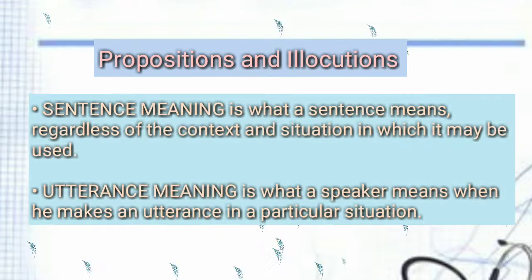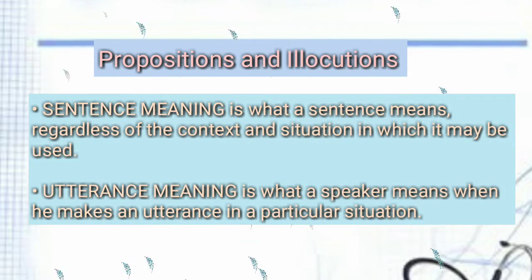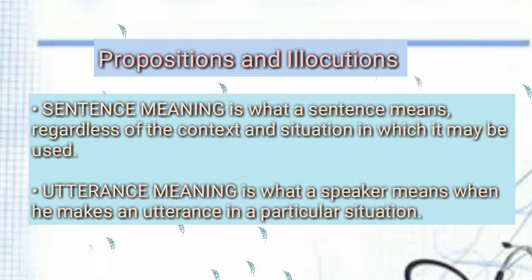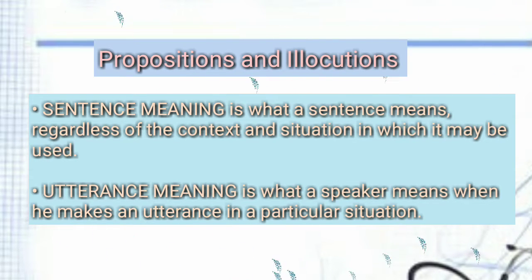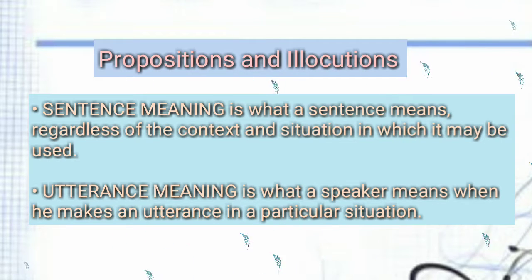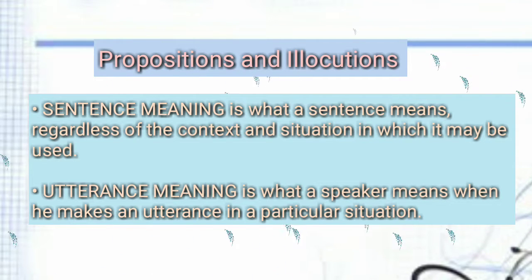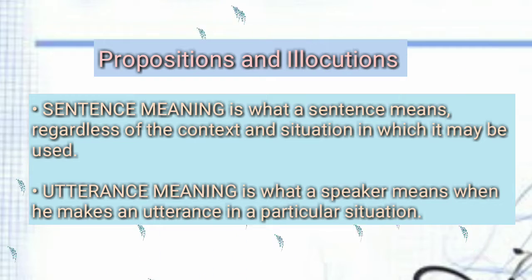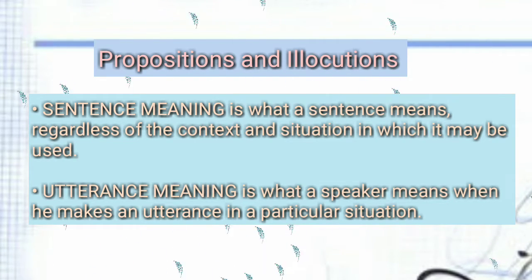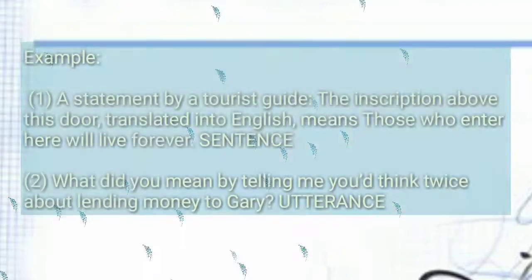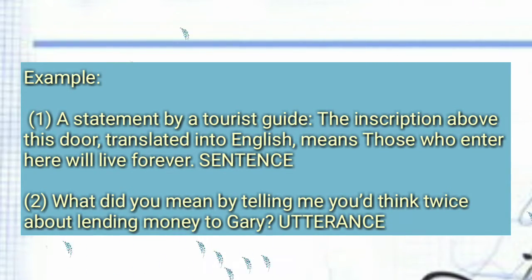Propositions and implicatures. Sentence meaning is what a sentence means, regardless of the context and situation in which it may be used. Utterance meaning is what a speaker means when he makes an utterance in a particular situation. For example, a statement by a tourist guide: